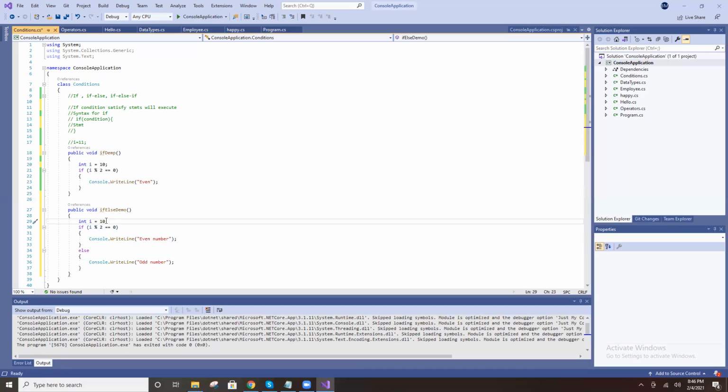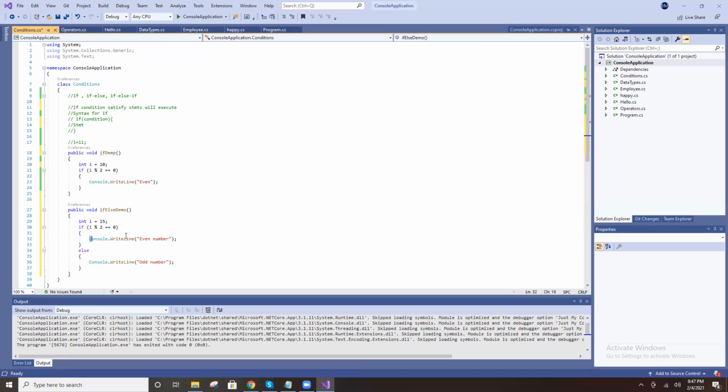Now I value is 15. So 15 modulus 2 is 1. 1 equal to 0 means false, right?